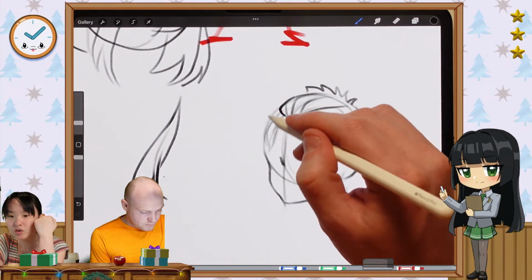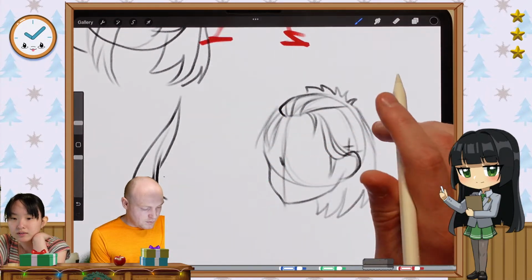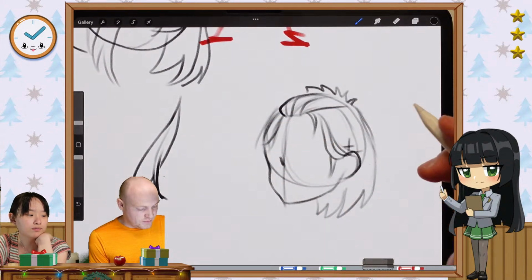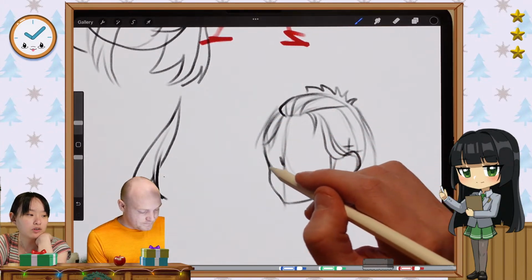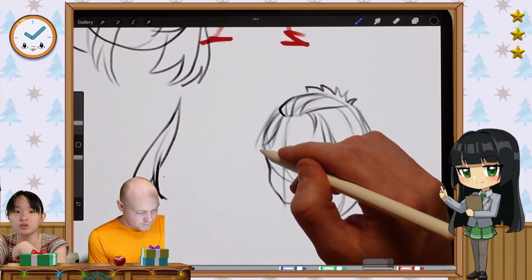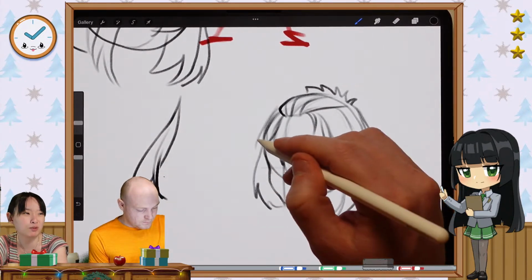How long did it take you to master hair? I wouldn't say mastering it. I certainly haven't mastered hair. I haven't mastered hair either. I mean, I'm pretty good at drawing hair, but I wouldn't say a master at it, because there's different levels of how people draw it.